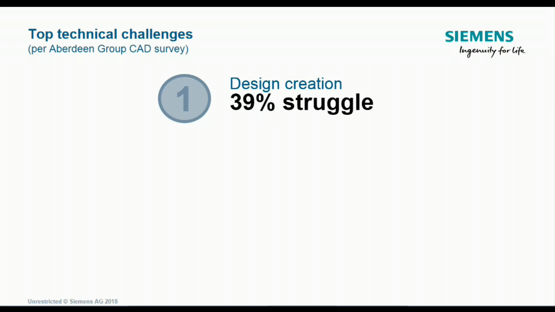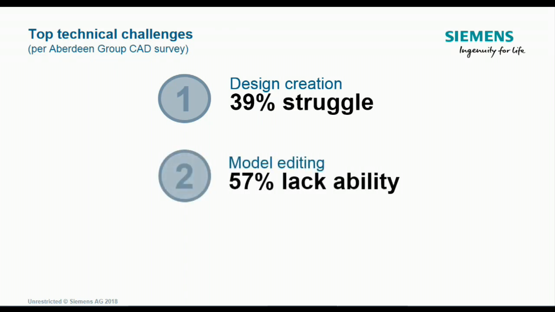If you've ever used a traditional 3D design tool, you're probably aware of some of the technical challenges that stand in your way. These systems require models to be built in a certain way and use complex rules to preserve shape and size. Aberdeen also found that 57% of designers and engineers lack the ability to alter existing designs. Traditional CAD requires models to be built and edited in a certain way, making fast, flexible changes difficult. In fact, over half the respondents claimed that traditional history-based systems require the original designer to make the change because